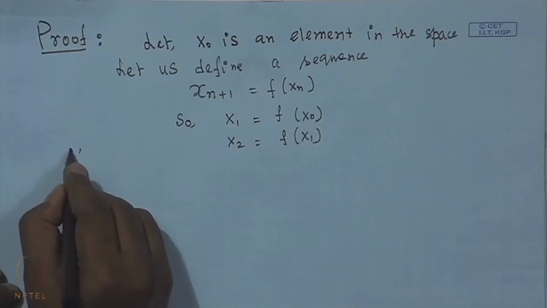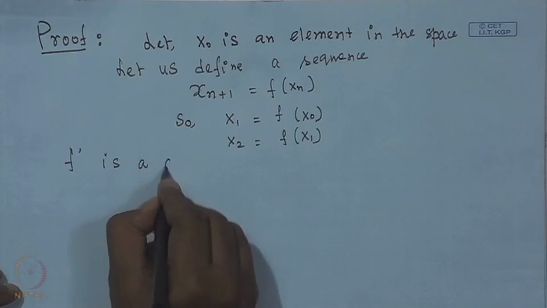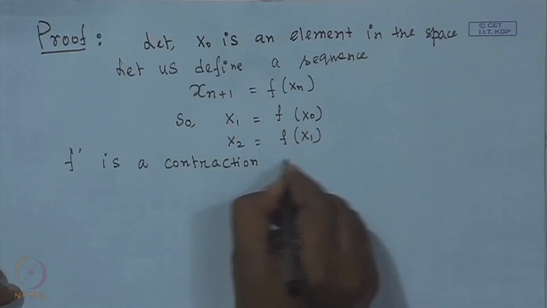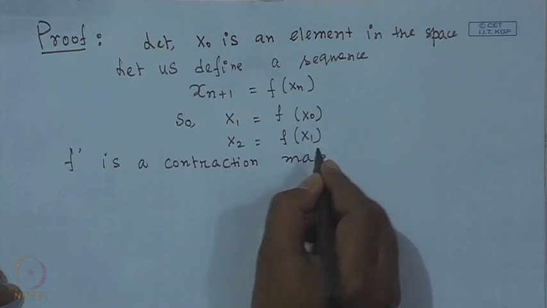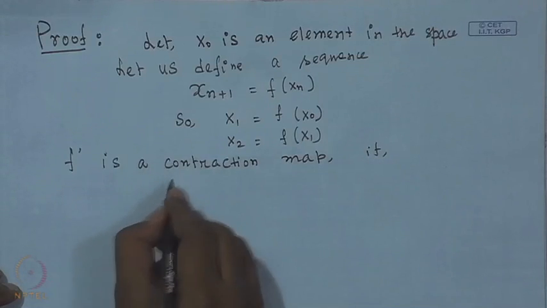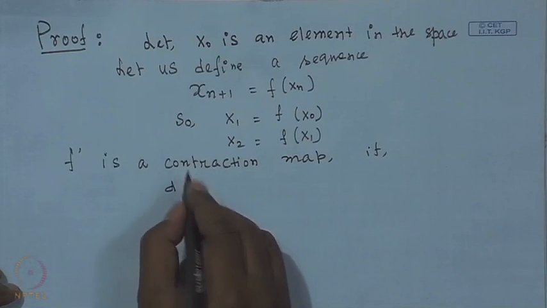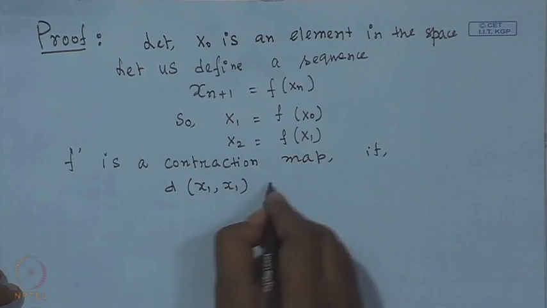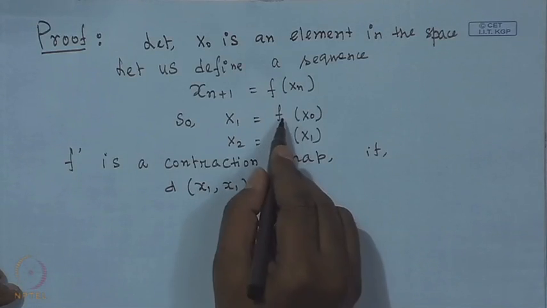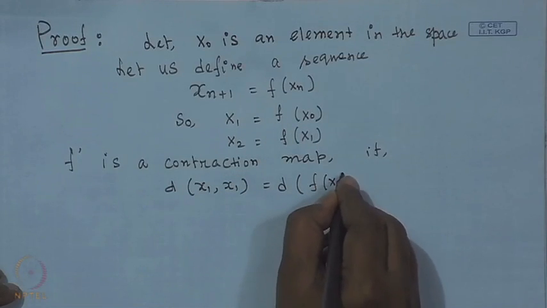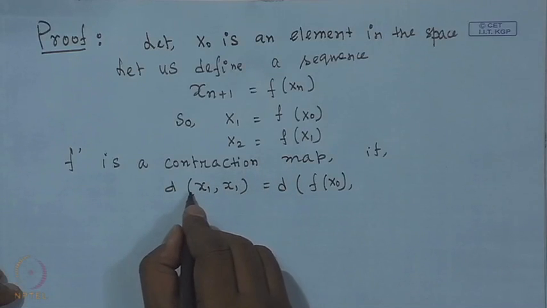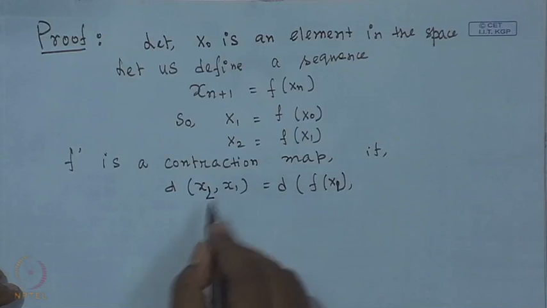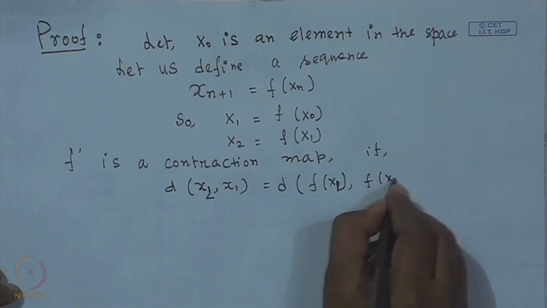Now, f is a contraction map if the metric between x 2 and x 1, where x 2 is f of x 1 and x 1 is f of x naught,